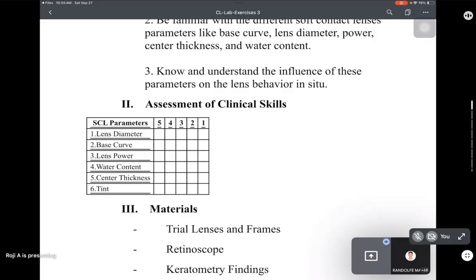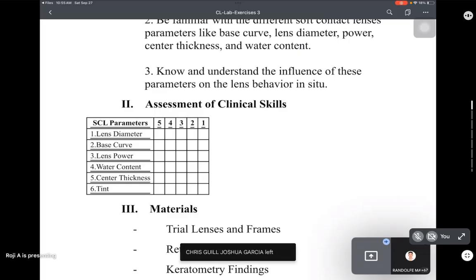It's HVID plus 2 to 2.5 for soft contact lens. For RGP, it's the reverse, which is minus 2 to 2.5. Always understand that a soft contact lens is always larger in diameter. An RGP, on the other hand, is smaller, therefore you have to use the formula HVID minus 2 to 2.5. As for the base curve, we have your K reading,